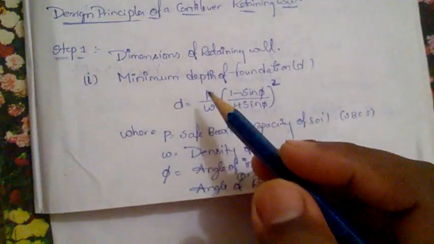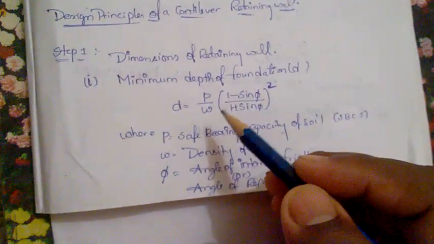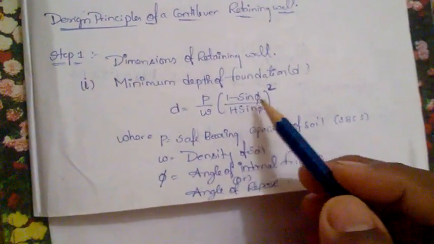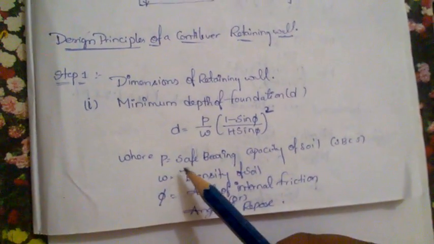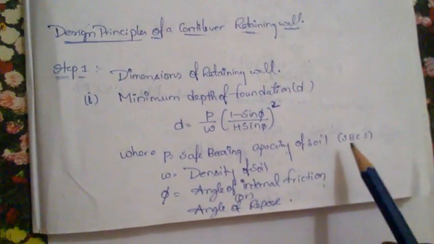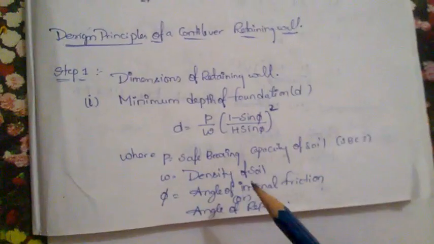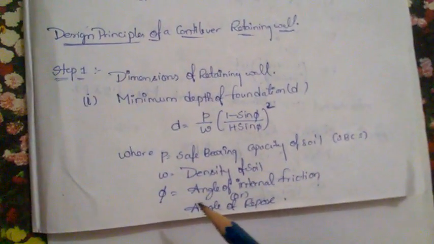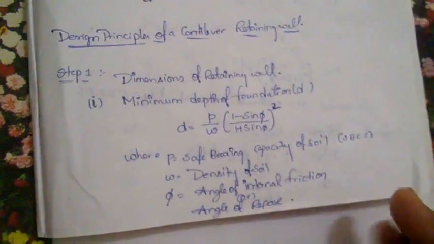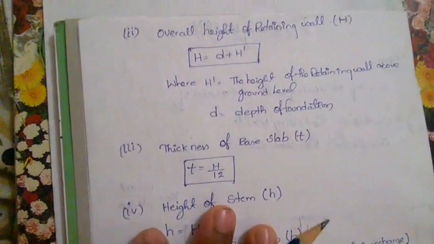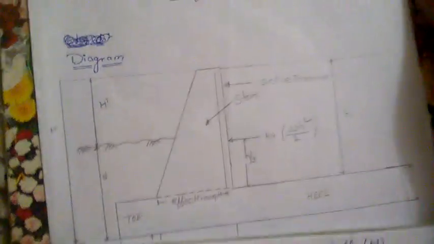Small d is equal to P by W into (1 minus sin phi by 1 plus sin phi) whole square, where P is equal to the safe bearing capacity of the soil, W is equal to the density of soil, and phi is equal to the angle of internal friction or angle of repose. Previously I have told you phi is nothing but the angle of internal friction. By this we can complete the first step,